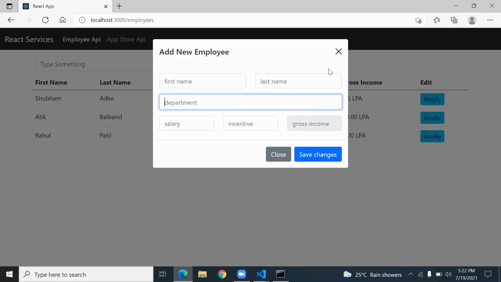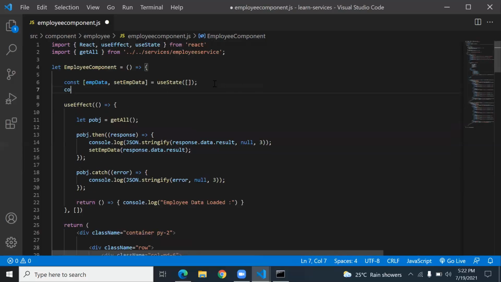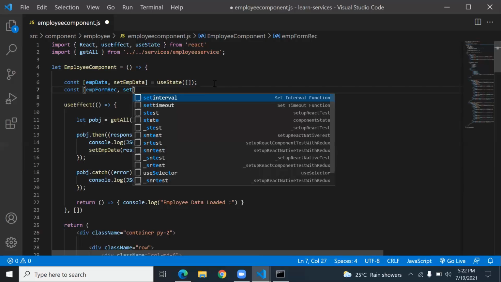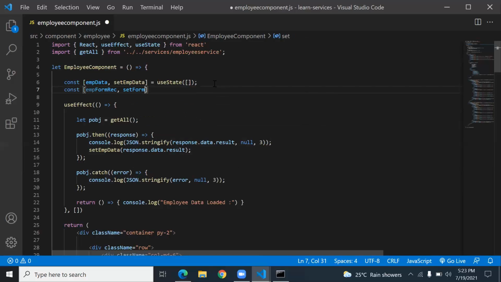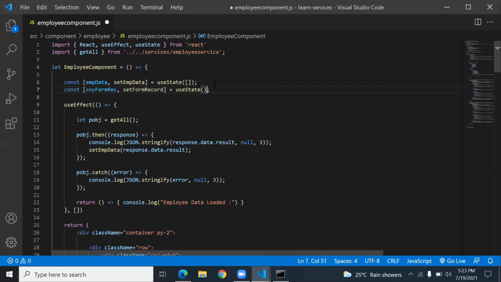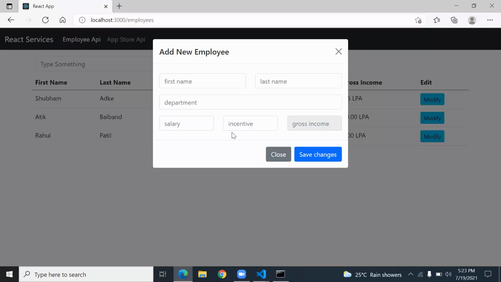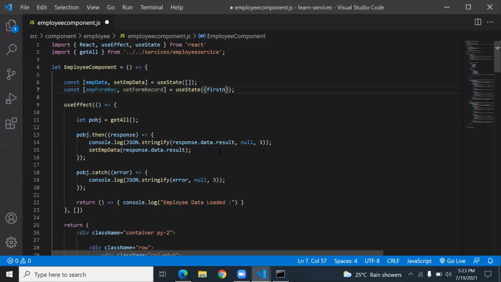To collect this information, I create one state: const empFormRecord, comma setFormRecord is equal to useState, and I use curly brackets to collect information: first name, last name, department.